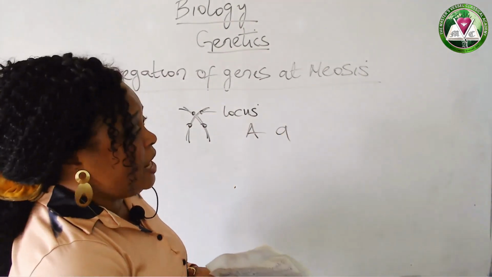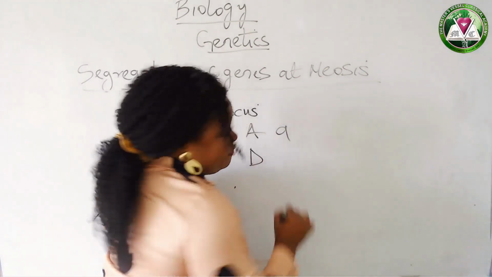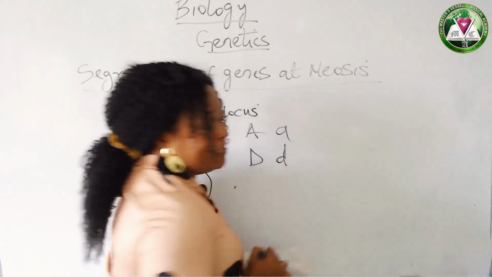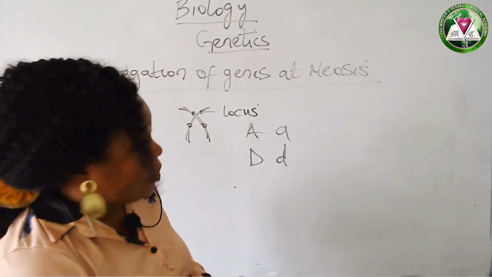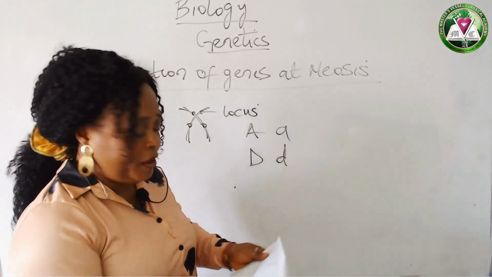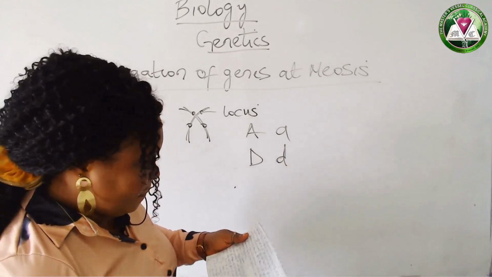Alright? If you say the variant for black hair color is capital D, the variant for brown hair color might be small letter d. But it means that we are talking about the same character, just shown in different ways. So, here, the allele,